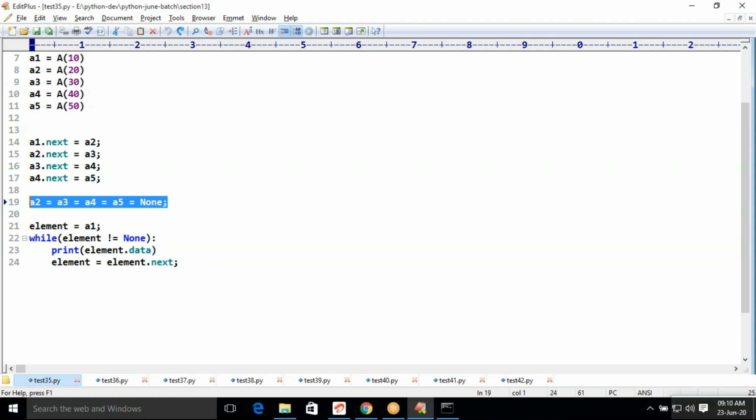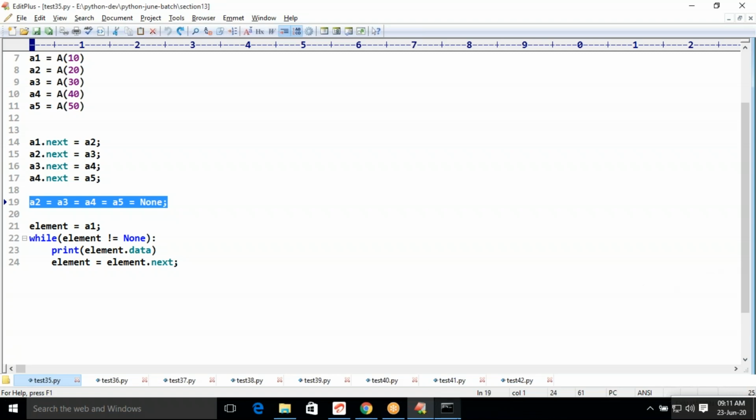That A1 points to the first object, whose next points to the second object, next to the third, next to the fourth, next to the fifth object, whose next points to None.